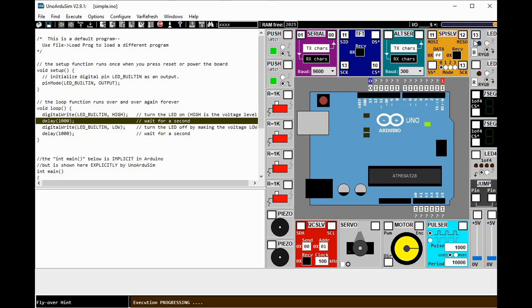So aside from that, you can also use this LED. So you can type the pin number, which is 13, and you can even change whether it's pull up or pull down, so that on the same pin these two LEDs will alternate. So this is just for sample purposes only.